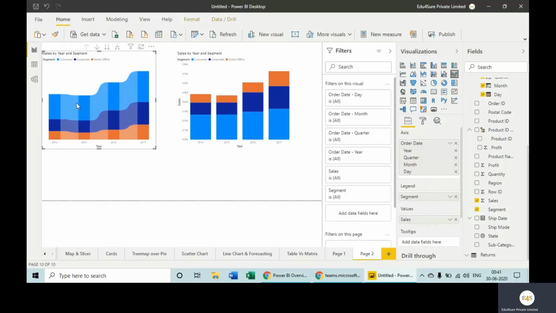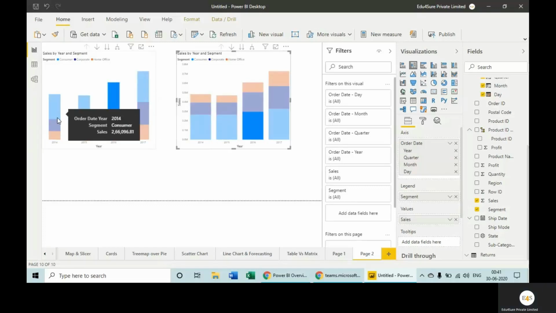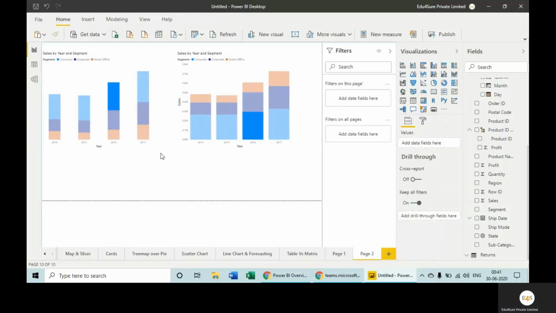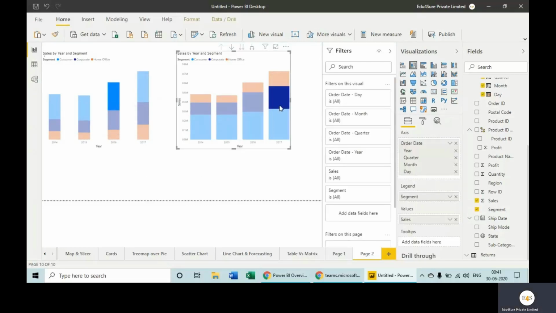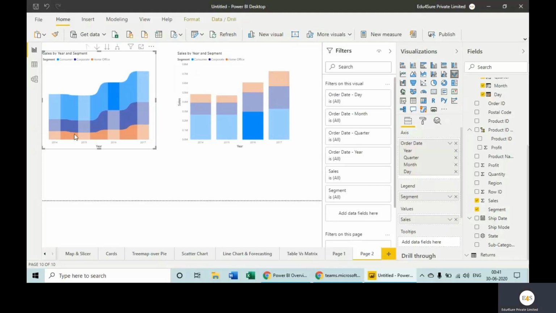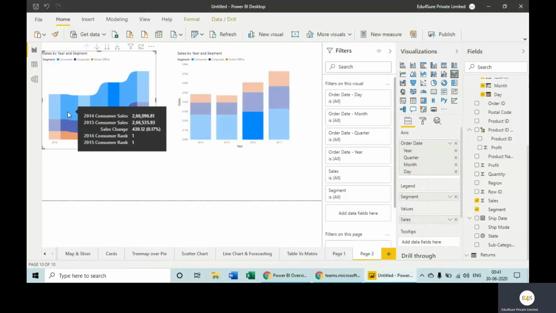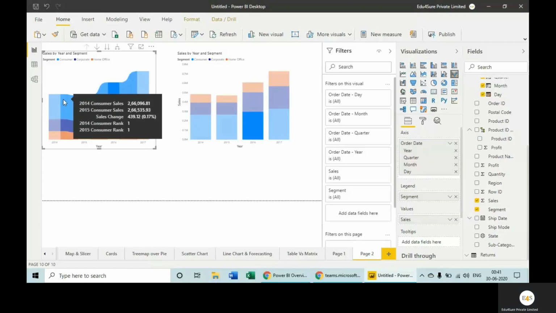So how is the ribbon chart different and what is that one big difference? Come to the ribbon chart. Okay. So what is happening? When we keep the cursor here, what additional information is it giving to us? It is giving us consumer sales in 2014.